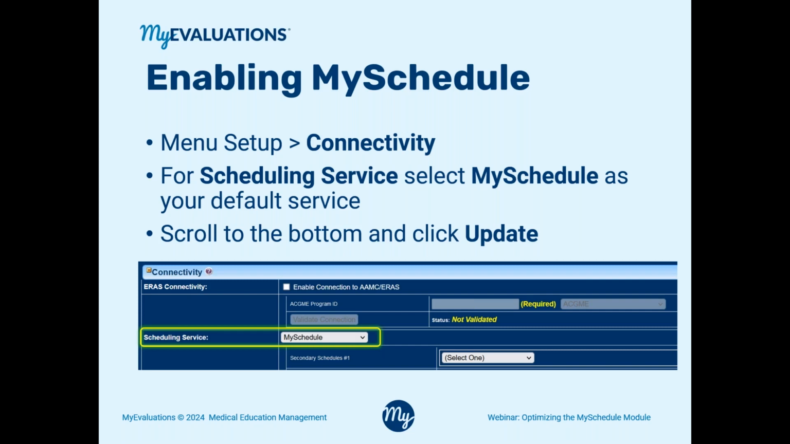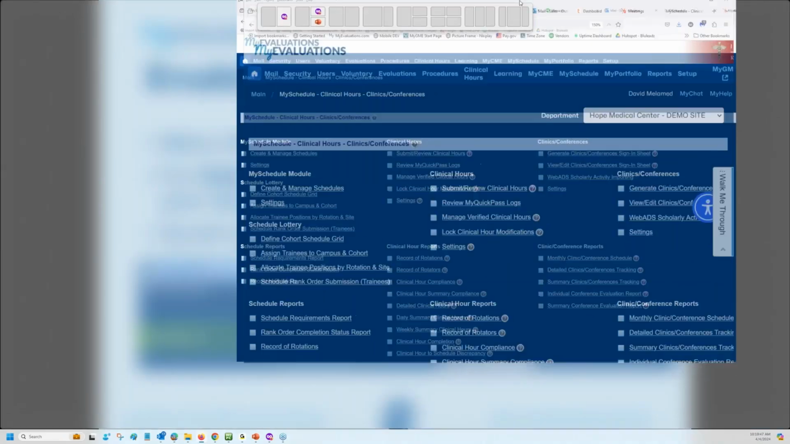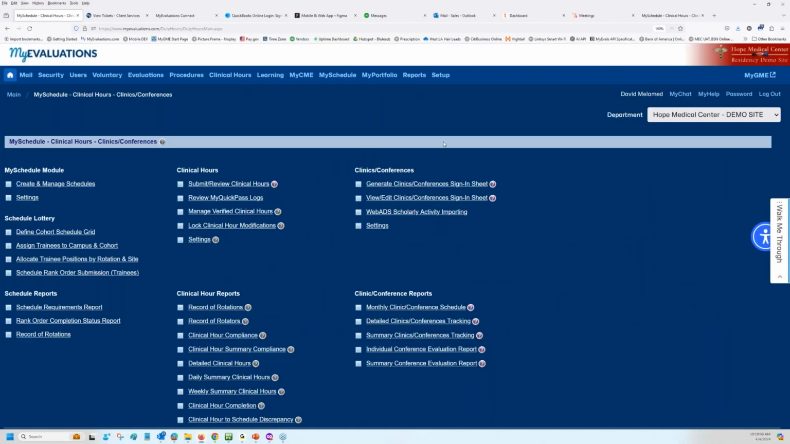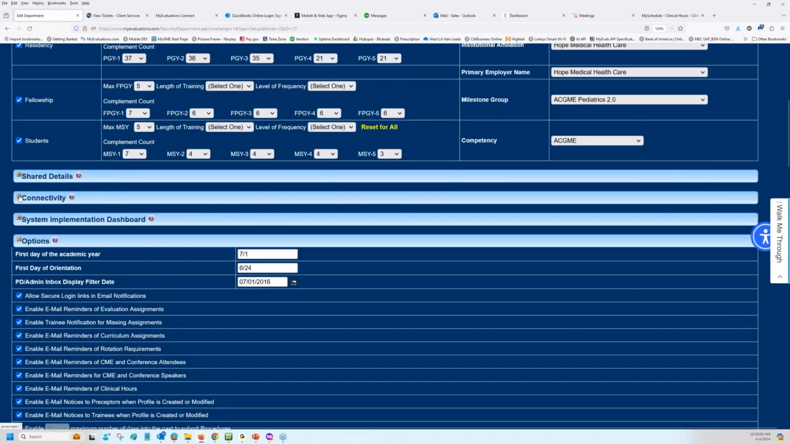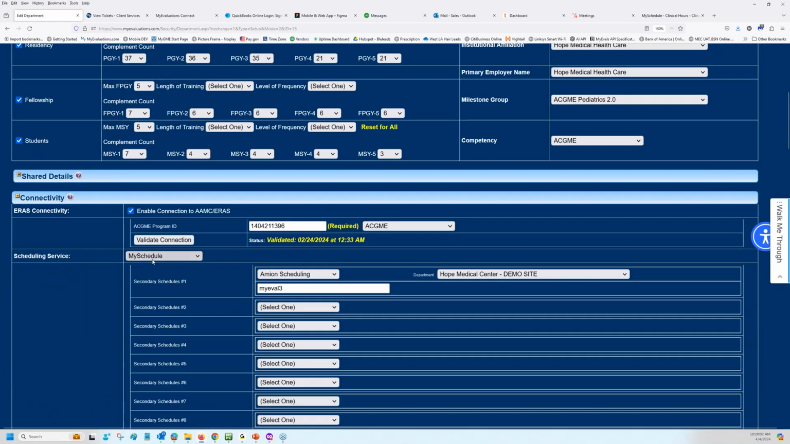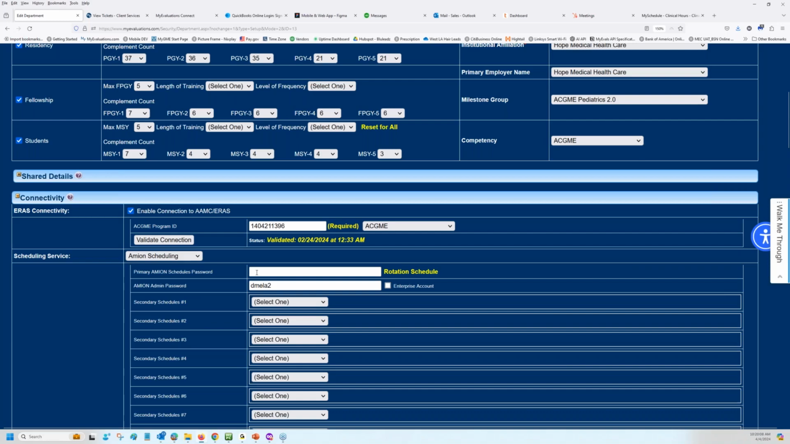And what that means in a nutshell, when I say MySchedule is your default schedule, is here at the very top, the menu item says MySchedule. That's now my default schedule. So under the menu option setup, if I scroll down here to connectivity, if I remove this connectivity here, and I change this to MION, for example,